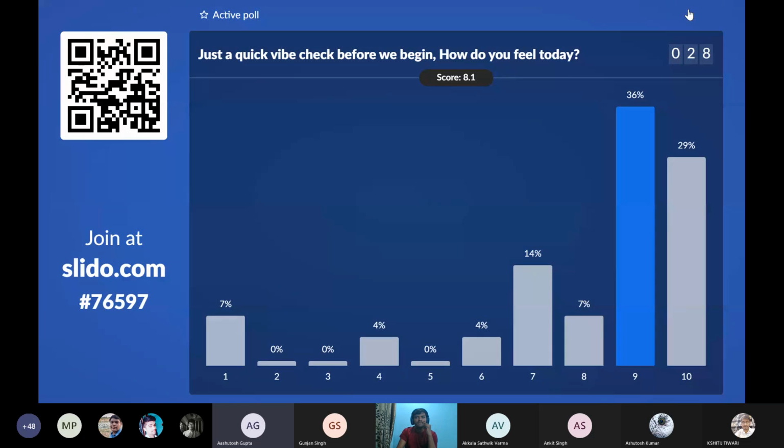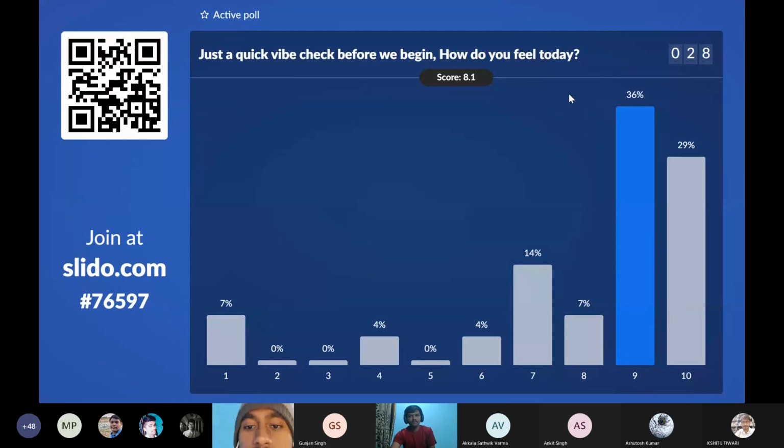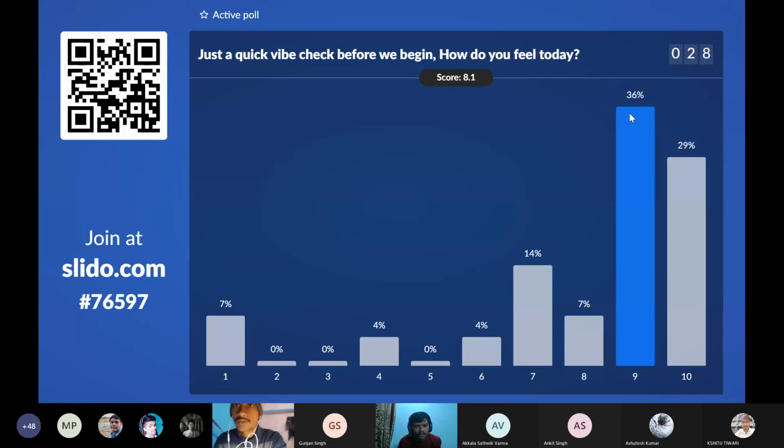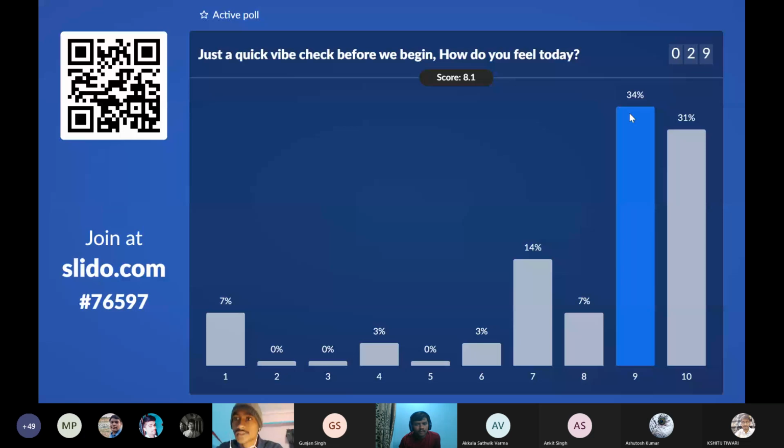I want to add different designs. This is a design, and I want to add a different design in this PPT. Got you, got you. We call it the template of the PPT.